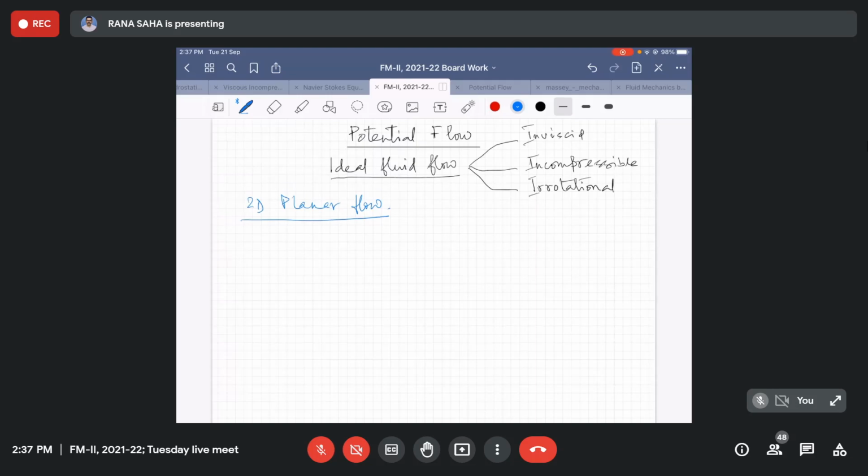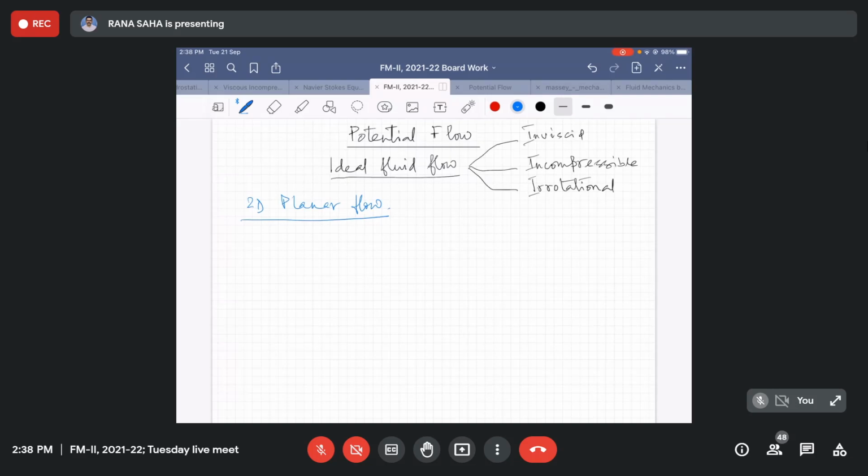So I can just go through a very quick summarization of what are those topics which were actually discussed already through video lecture, as well as in the notes you have seen probably. So basically we started with the basic assumptions of ideal fluid flow, potential flow, and based on